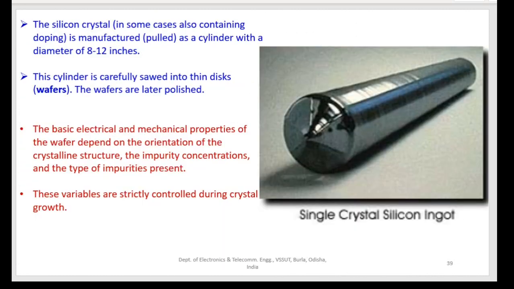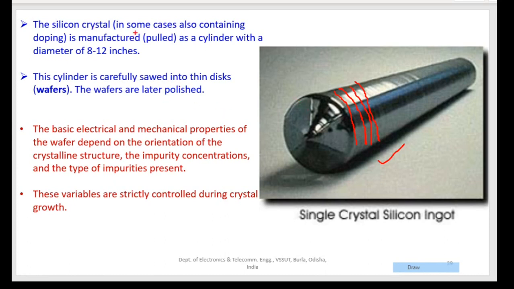Okay, so finally after the process is done, the crystal looks like this, the cylinder looks like this. So this is a long cylinder of silicon. Now we want to cut this silicon into thin wafers, thin slices of silicon. This is cut with the help of a cutter, and the thickness of one wafer is kept around 1 mm or so, 1 mm or 0.5 mm or something like that, right?